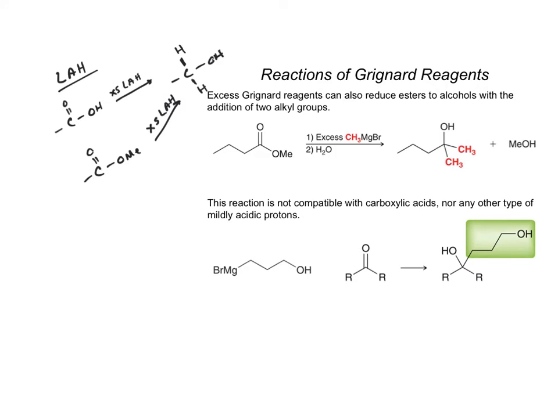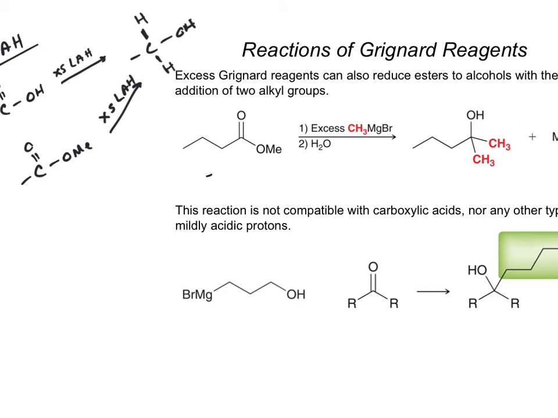All right, so Grignard reagents can also do a similar reaction. So we can take an ester, and we can have an excess of whatever Grignard reagent we have. Again, we have our carbanion, our negative charge carbon here. Or actually, let me put that over the carbon. So this, guys, is where our negative charge is. This can undergo a very similar mechanism to what we saw for the lithium aluminum hydride. So again, we first saw nucleophilic attack,